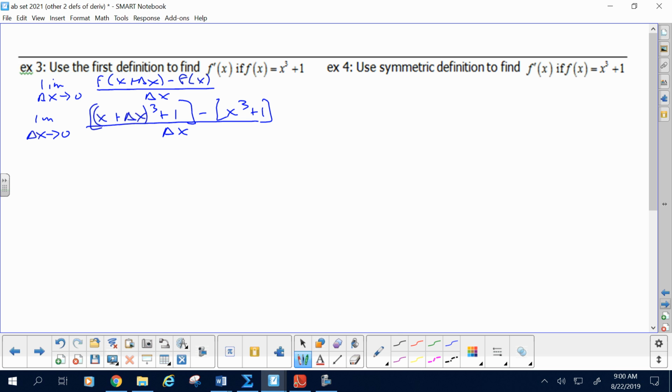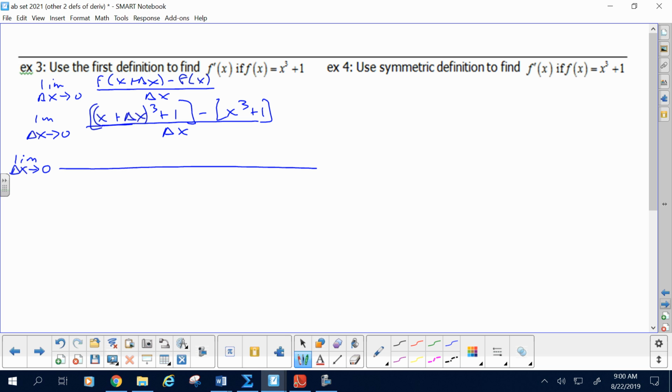Here's what I expect. I would expect one of the two first steps actually. Either the most general basic first definition or function specific questions. See what those do. How many of you are a little rusty on binomial expansion? How many of you don't even know what I'm talking about?